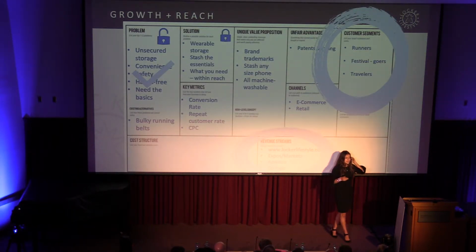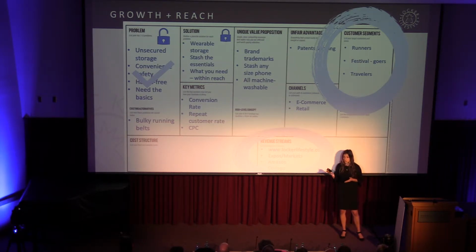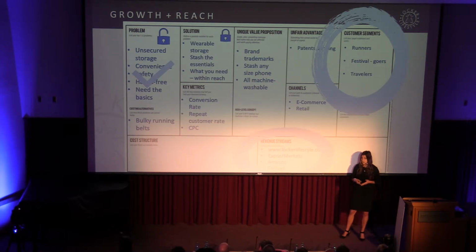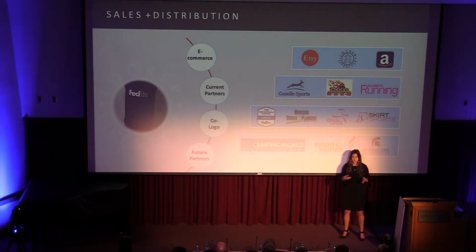By further analyzing and pivoting through the business model canvas, we were able to narrow our customer segments, but realized we were impacting multiple markets. And so through further surveying and attending expos, we realized our largest customer segment were runners, then festival goers, and travelers. And we were able to reach all of these segments by first starting off on Etsy, selling out, shifting